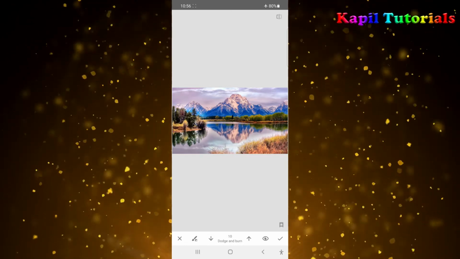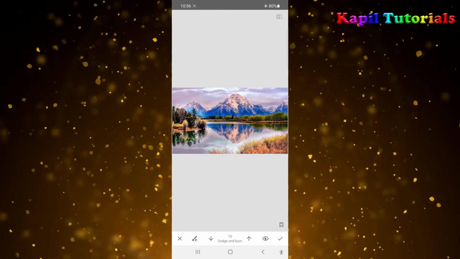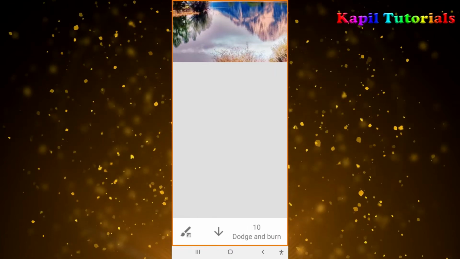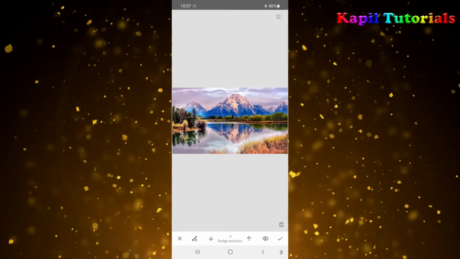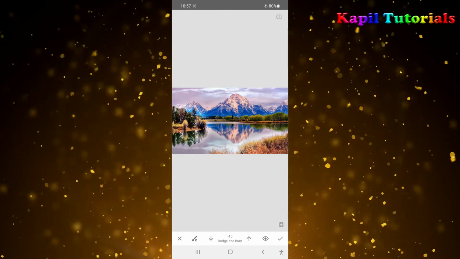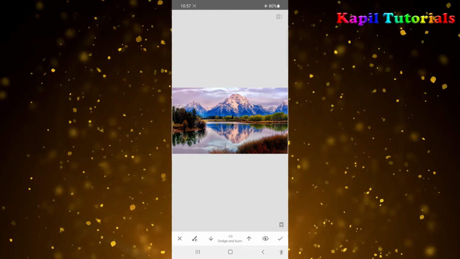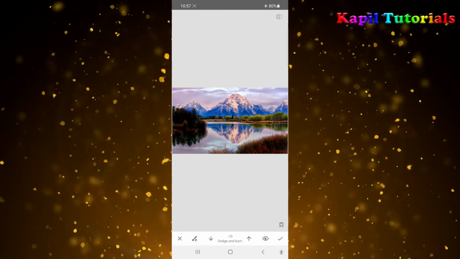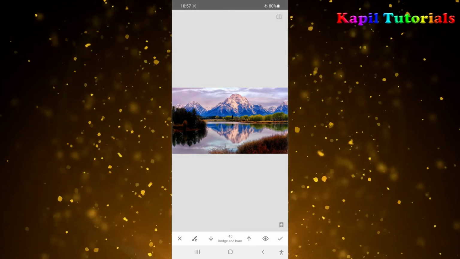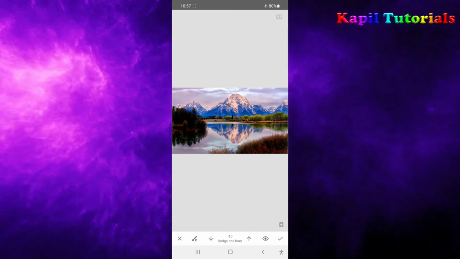So I hope this is clear to you. Now I'll do the opposite. Here where this arrow is down, I'll just click on -10. Now you see the difference. So totally the opposite. So I hope the dodge and burn tool is very much clear to you.